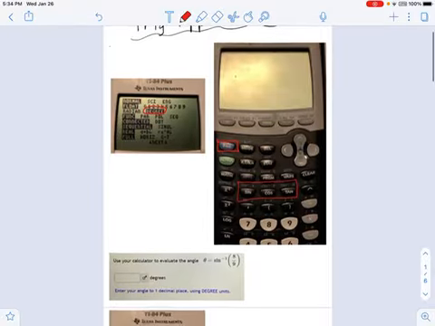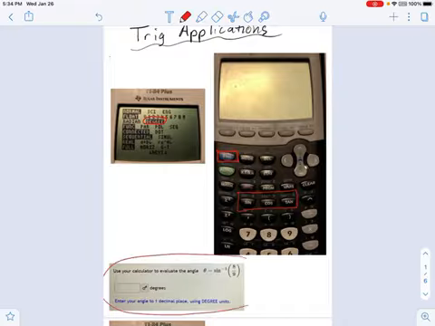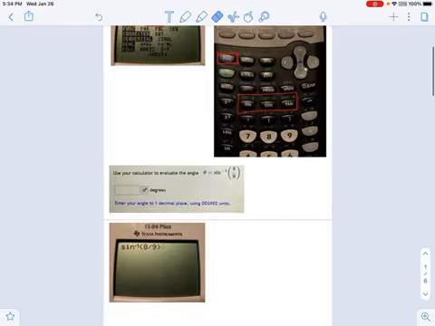Okay, so we've got a problem here that says use your calculator to evaluate the angle theta equals the inverse sine, or the arc sine, of 8/9. All I do for this is, I know a lot of people are going to love this, you just type it into the calculator, and that does the work for you. So you say arc sine or inverse sine of 8/9, you type it in just like I've got right here, and that's going to spit out an answer for you. I actually shut down my calculator, so hold on, let me get that. Inverse sine of 8 divided by 9, and I typed it wrong because I'm having an old person moment here. Okay, here we go. Inverse sine of 8/9, try again.